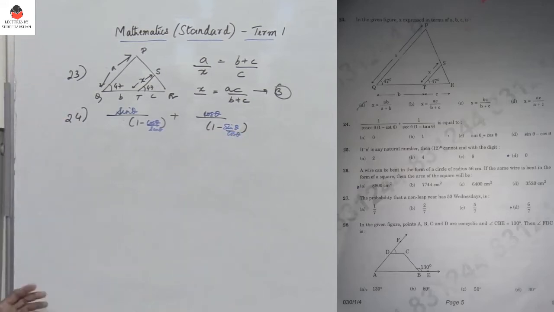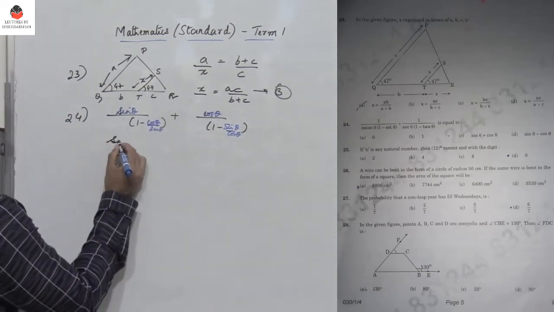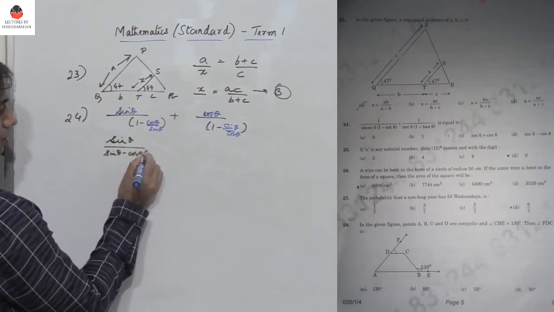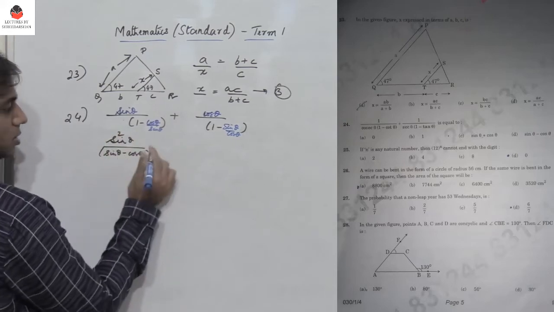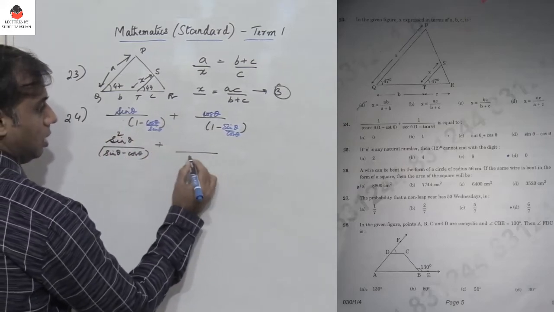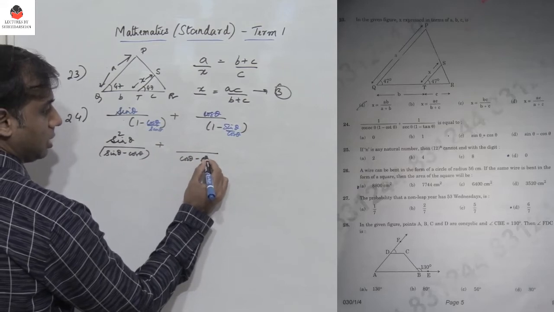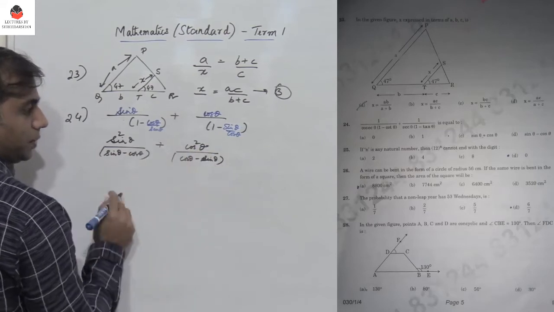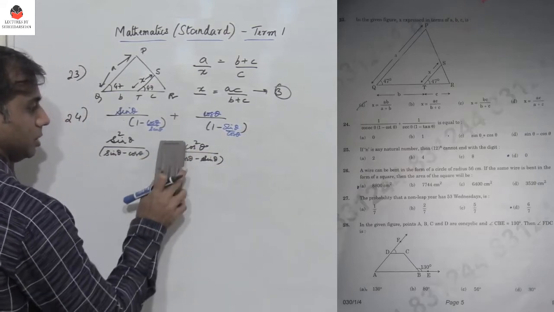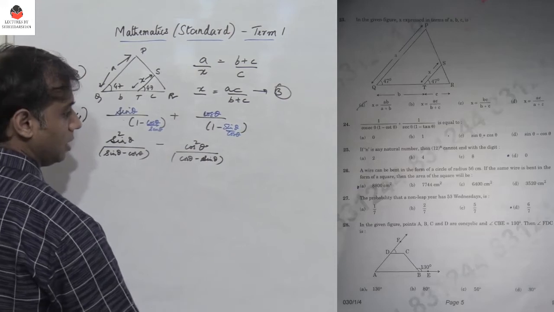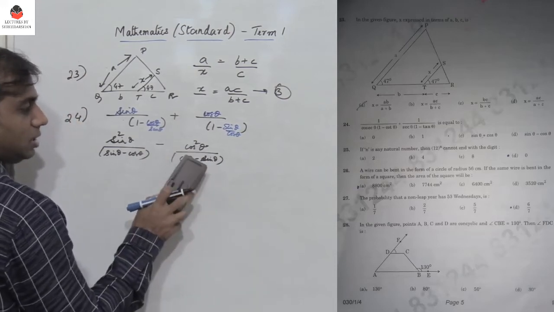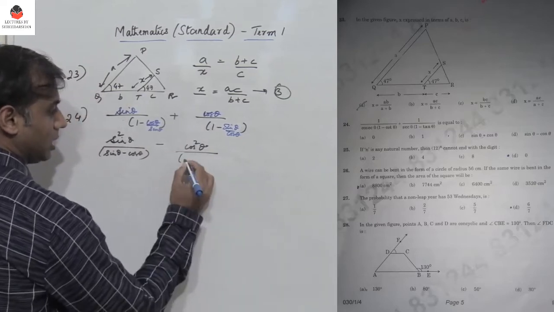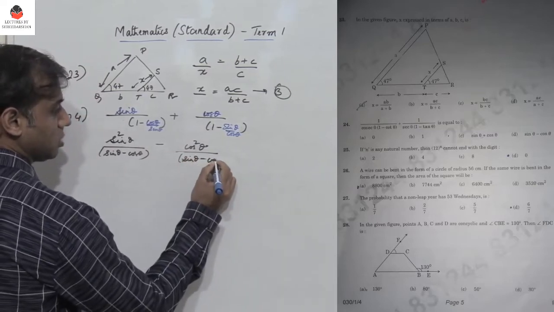So here let's take LCM. So if I take LCM here, I get sine theta minus cos theta, sine goes on top, it becomes sine square theta, plus cos theta minus sine theta, cos theta goes on top, it becomes cos square theta. Now let me take minus sine common. So if I take minus sine common, I can write this as sine theta minus cos theta, right? So the sign within the brackets will change. So sine theta minus cos theta.